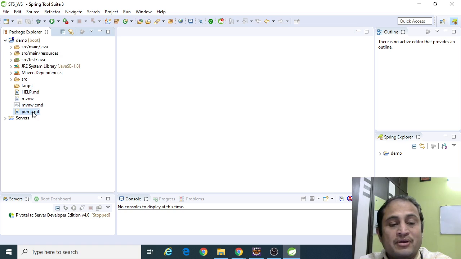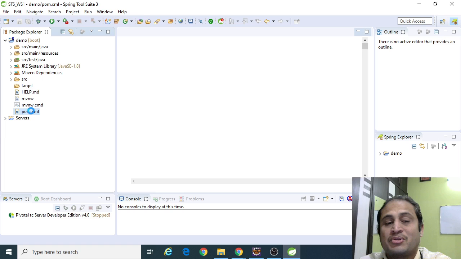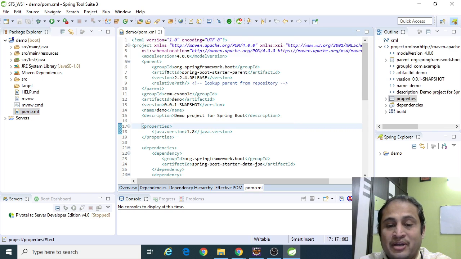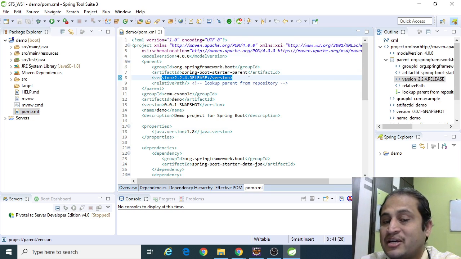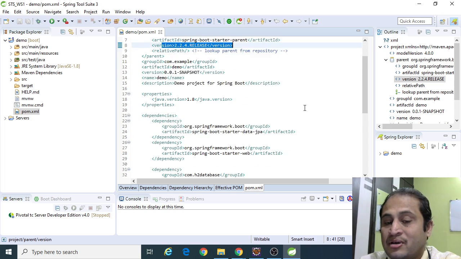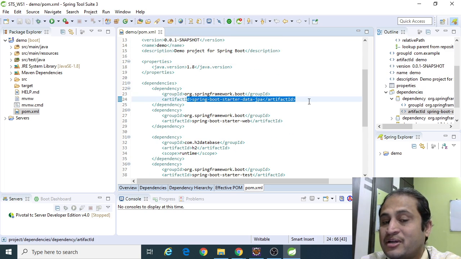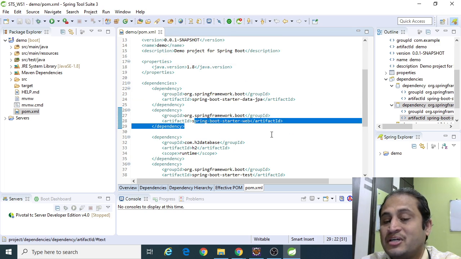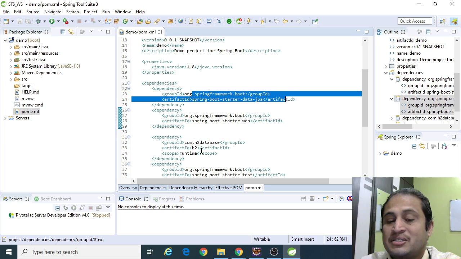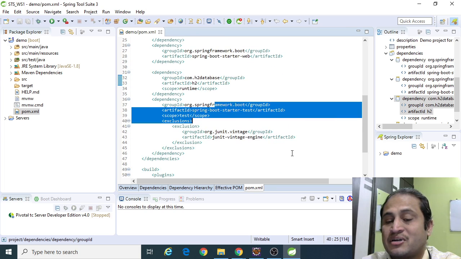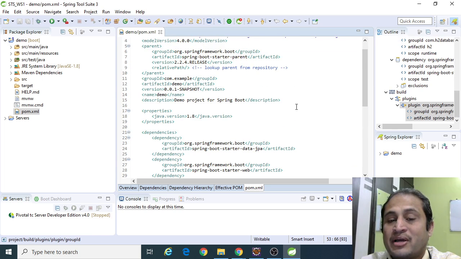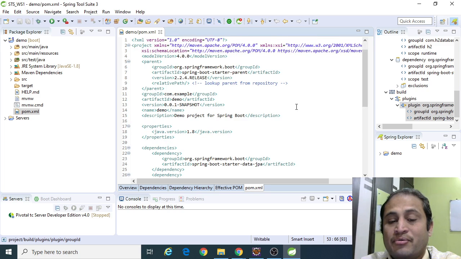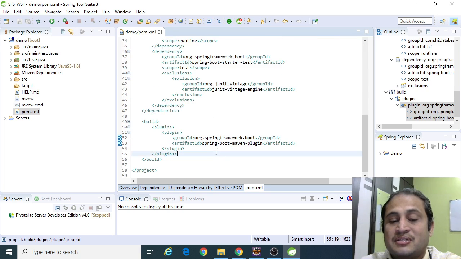So once you open, the project would look very much similar to the project that we have already created. So it would automatically make the entry for Spring Boot starter parent. The version, it is fetching the latest version 2.2.4. Okay. It automatically inserted these dependencies whatever is needed, because we have chosen the web and Data JPA and H2 database, and of course a starter test, and the Spring Boot Maven plugin. Yeah, that is the plugin actually.